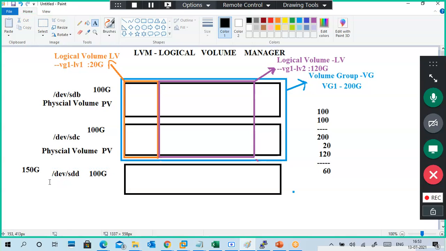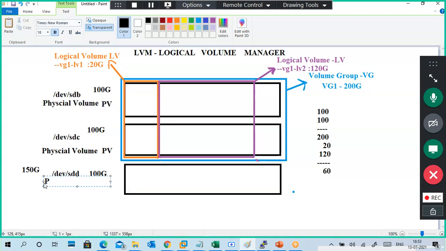So this is also a physical volume. It is named PV, a physical volume.